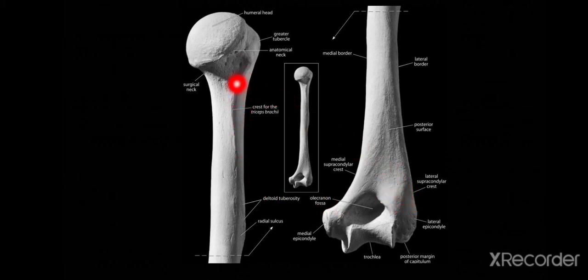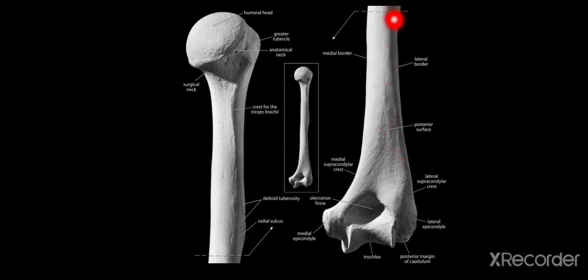Near the posterior part of the greater tubercle, it is distinct, and in the middle it is untraceable, and in the lower part again it becomes sharp to form the lateral supracondylar ridge. In the upper two-thirds of the lateral supracondylar ridge, brachioradialis takes its origin, and in the lower one-third it gives origin to extensor carpi radialis longus.